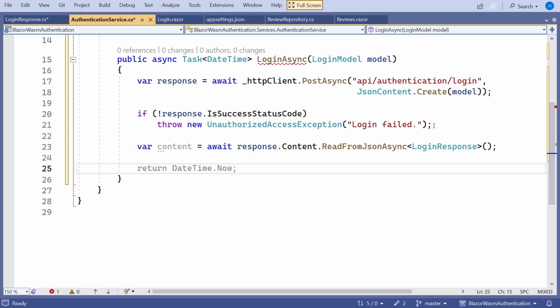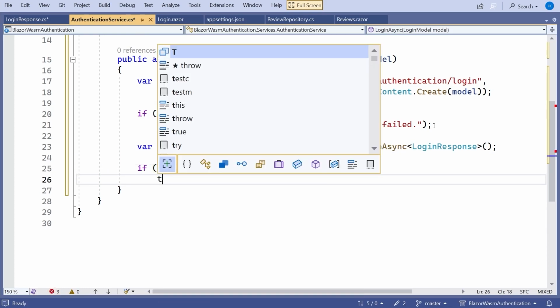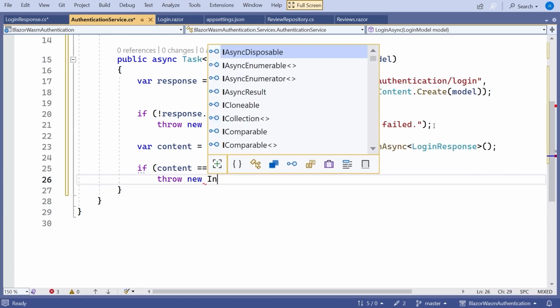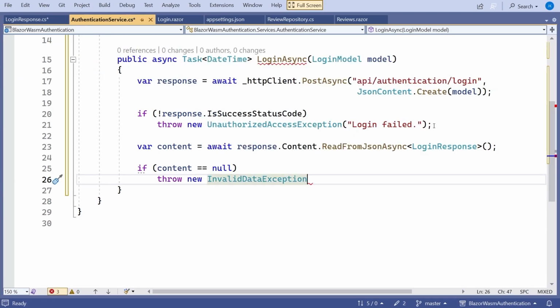And then again, that could fail. So we're just going to do if content equals null, then we'll throw a new InvalidDataException. Not going to worry too much about the details of that. And then finally, having done all that, we need to, from that content, get hold of the JWT and store